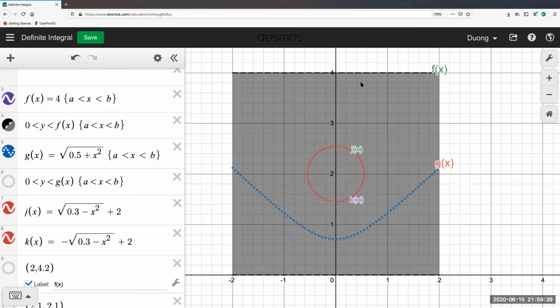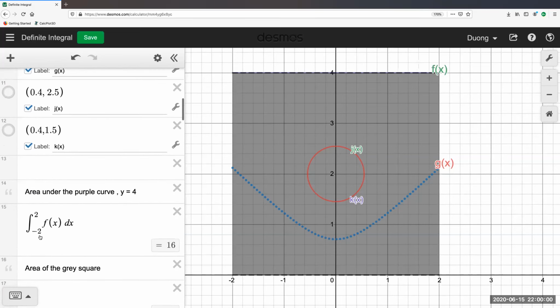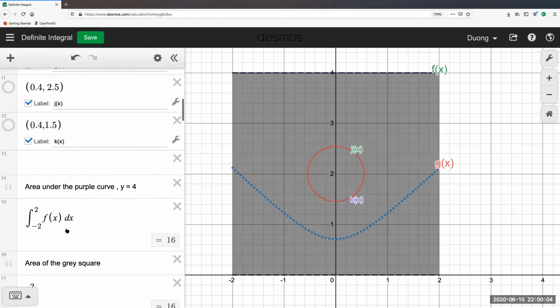And the area of the big square here is actually the area under the curve f of x above the x-axis from x equals negative 2 to x equals 2. Okay. And the fundamental theorem of calculus says this area is described using the definite integral from negative 2 to 2 of the function f of x dx,